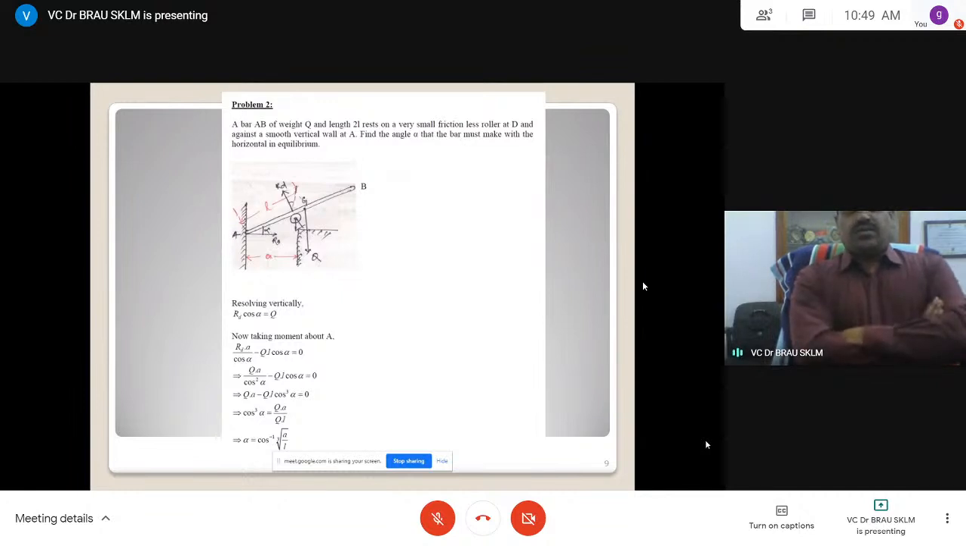Now a bar AB, note down another problem, similar problem. Like that we can solve a number of problems. A bar AB of weight Q and length 2L